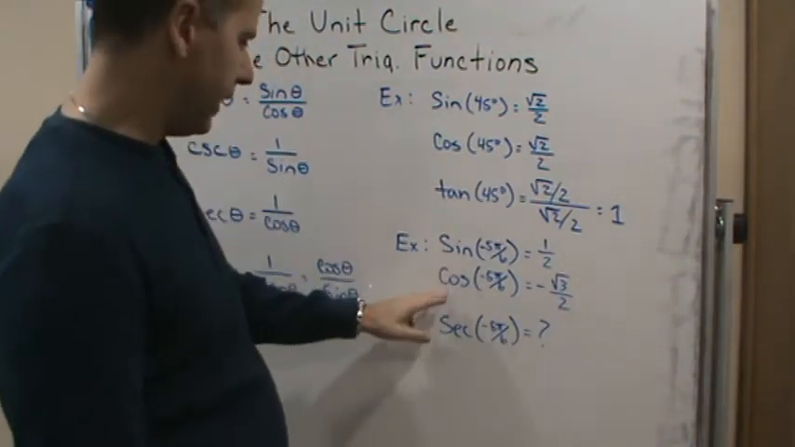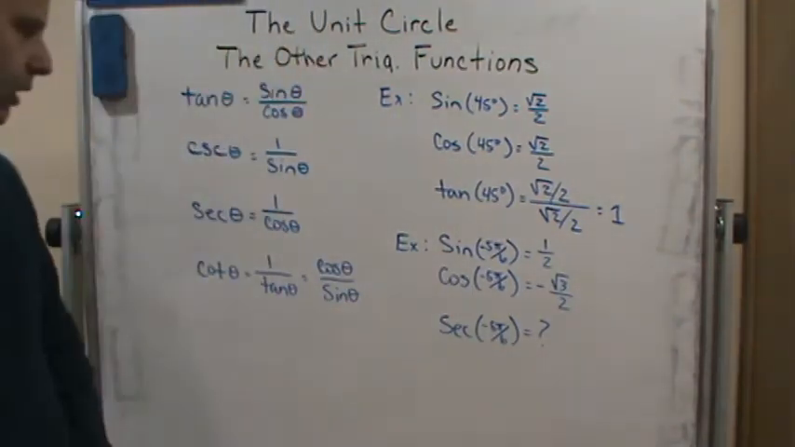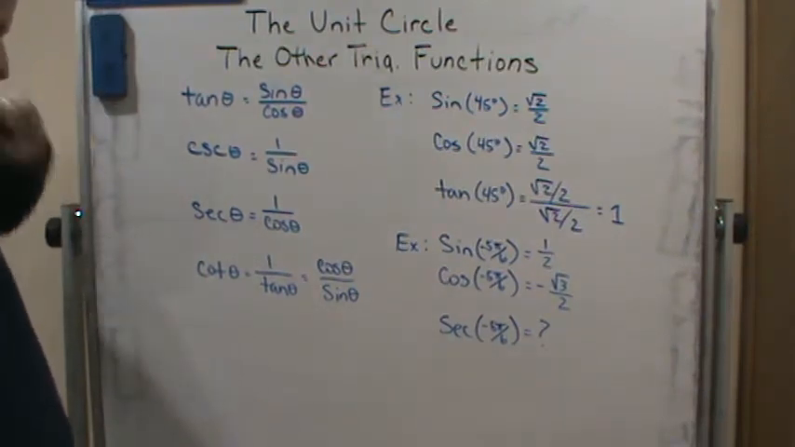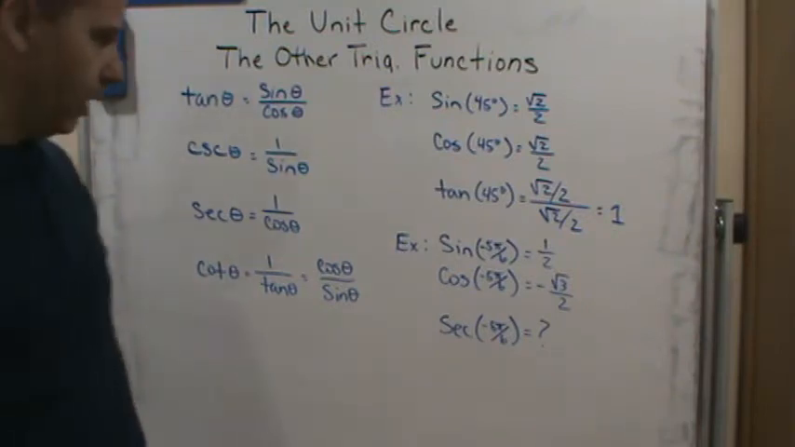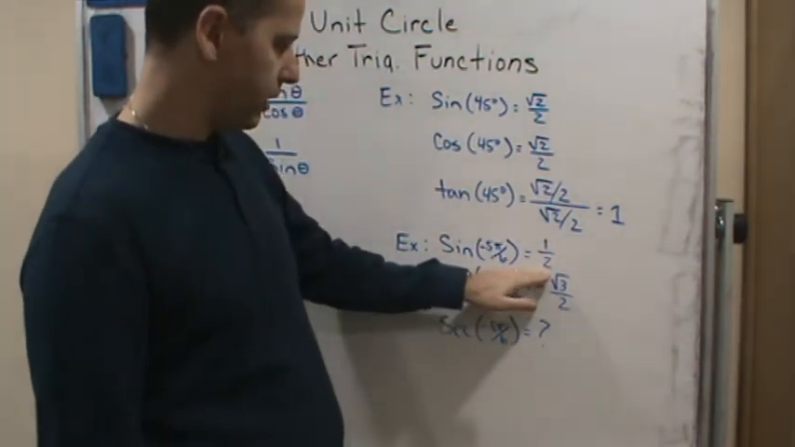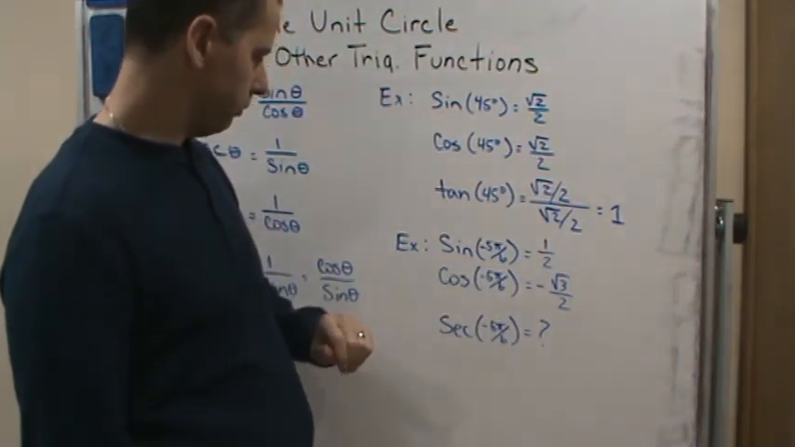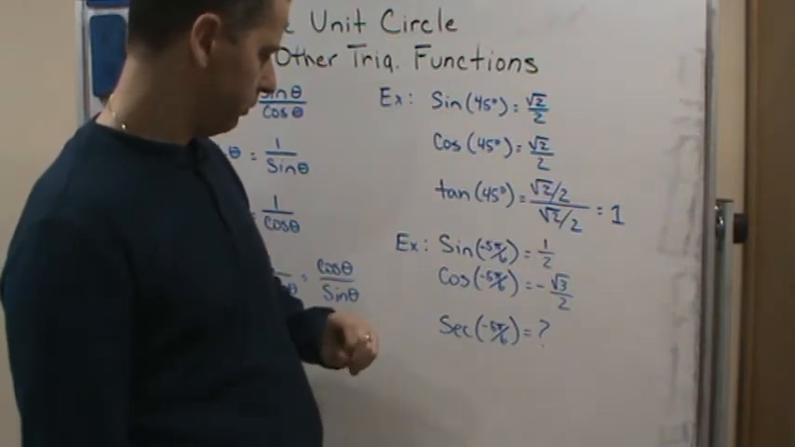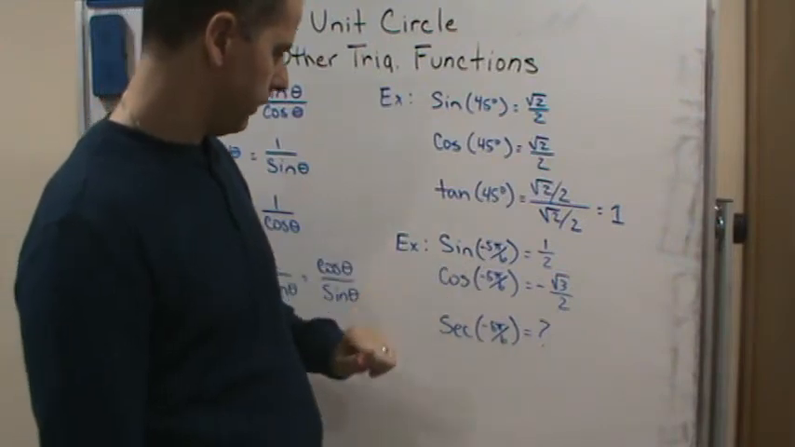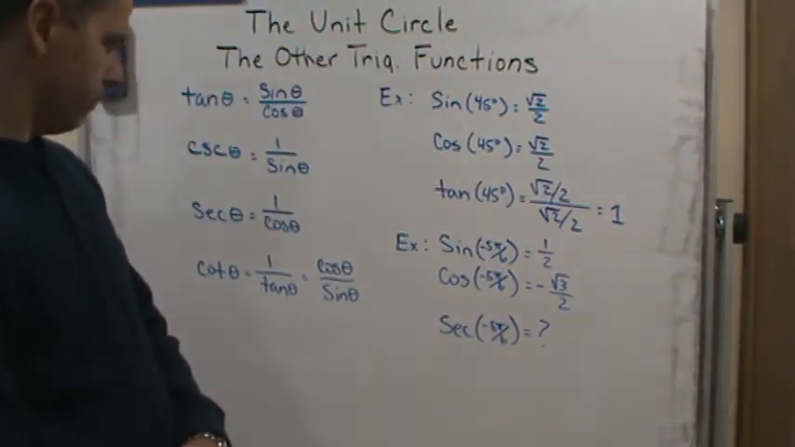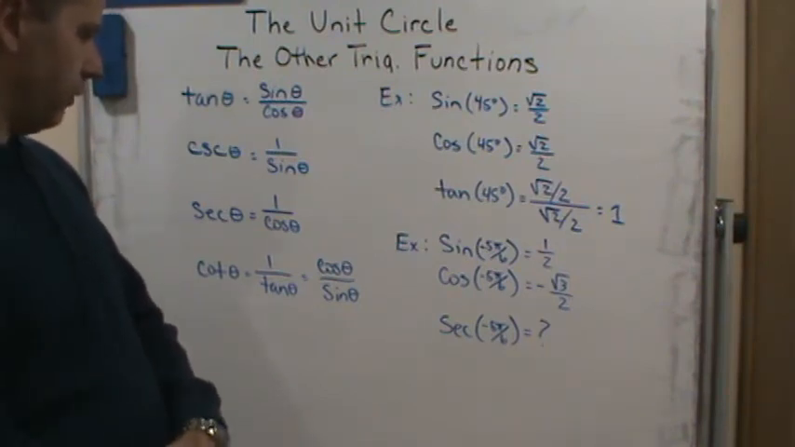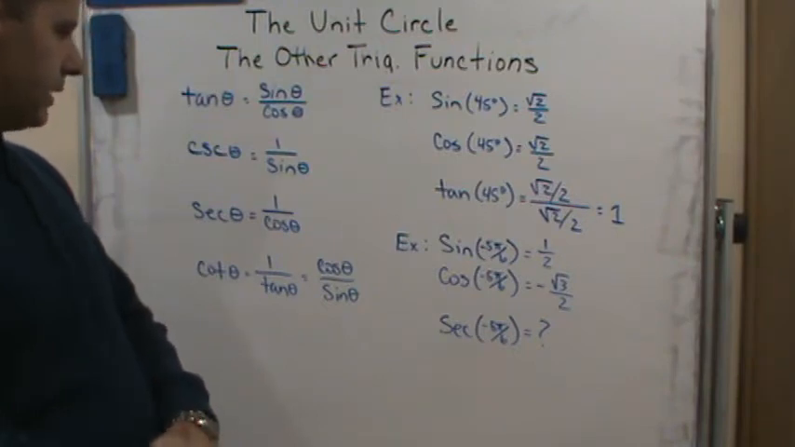Now, what about this one? Sine of negative 5 pi over 6. Remember, we did this one before. Negative 5 pi over 6 is in the third quadrant, so we would expect sine to be